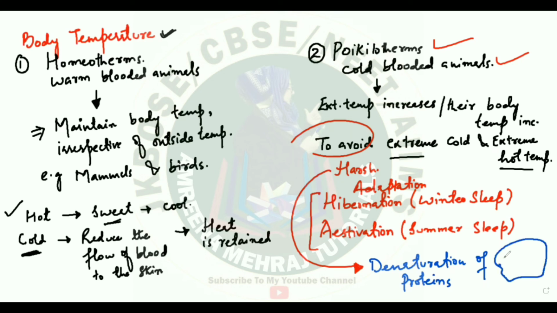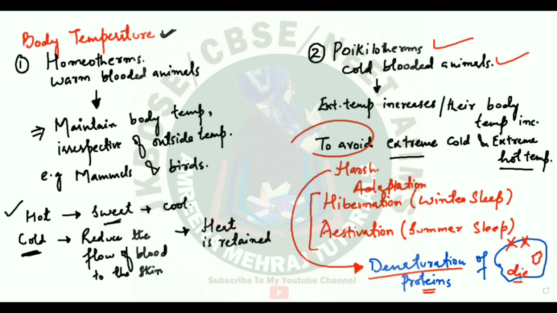So suppose this cell is basically made up of what? In its plasma membrane, you will see these proteins. In its cytoplasm, the organelles are also made up of proteins. Now these proteins have some specific structure. If that structure is lost, we call that process denaturation. Okay. And if proteins undergo denaturation, they will not be able to perform their functions. So if the proteins are not able to perform their functions, what will happen to the cells?